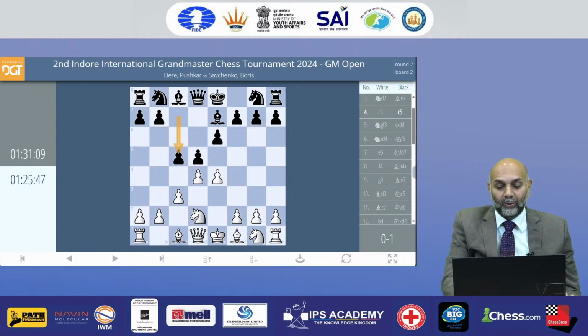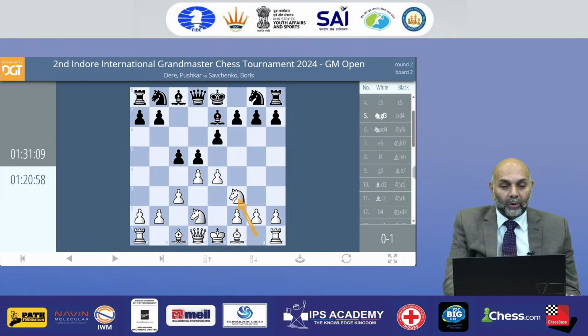Yes, I think something similar to what Korchnoi played, or this variation, the white setup, is known as the Tarrasch variation of the French defense, named after Dr. Sigbert Tarrasch, world number 2, and he played quite a few world championship matches, but he couldn't be the world champion. One of the strongest players in the world, say a century back, and one of the greatest theoreticians who has more than one opening. He has one opening in his name and one variation in his name, and a lot of contribution to chess strategy. So let's look at this simple variation.